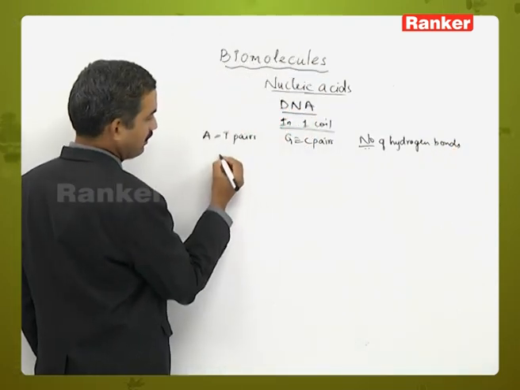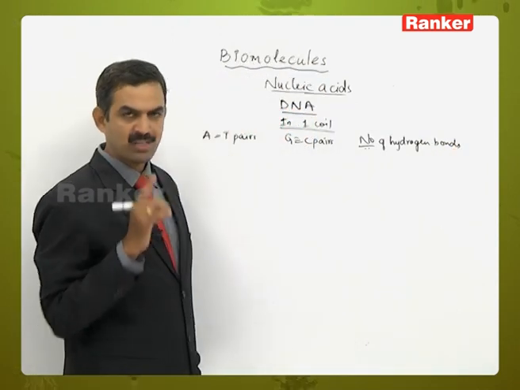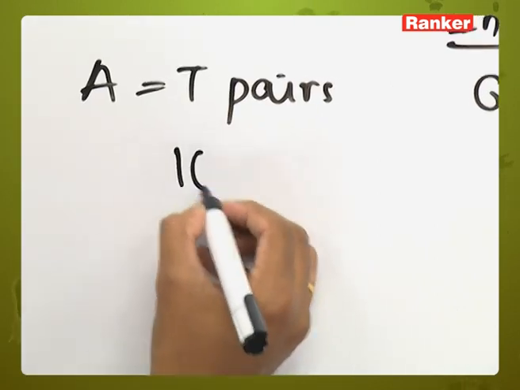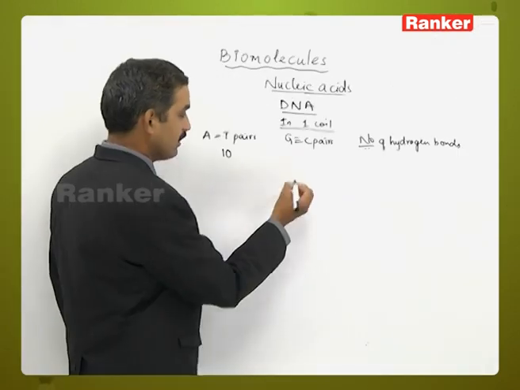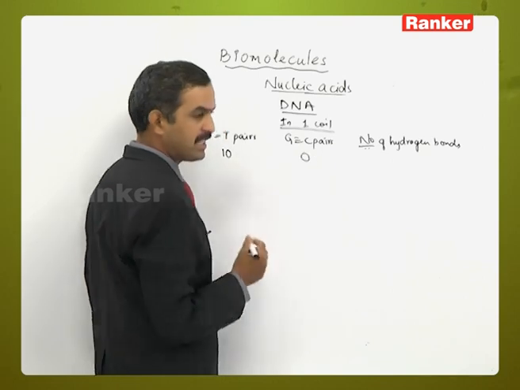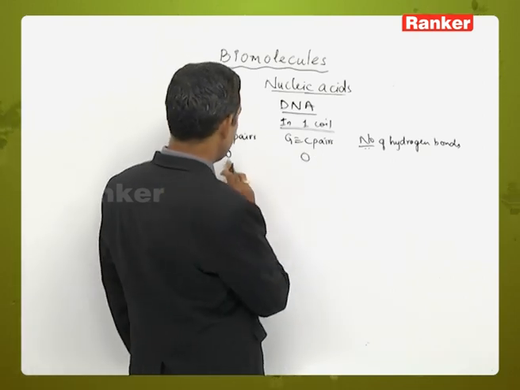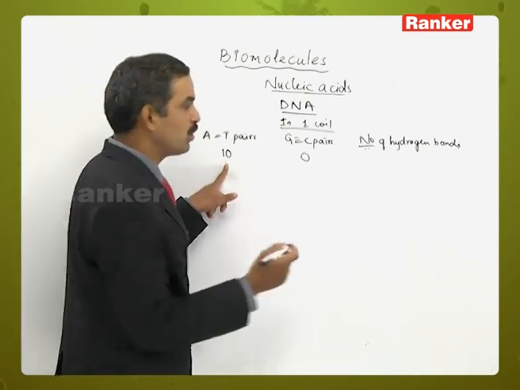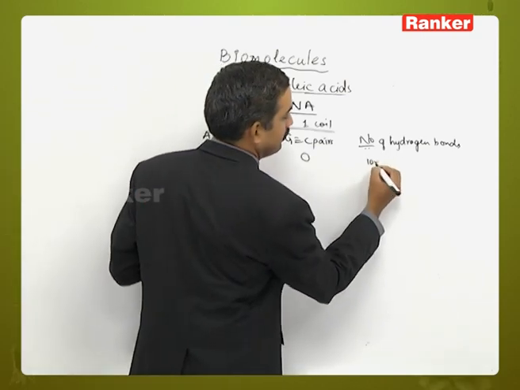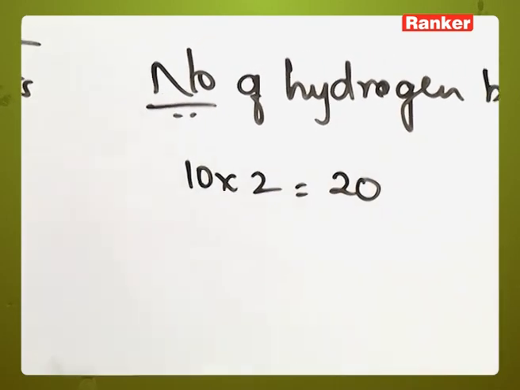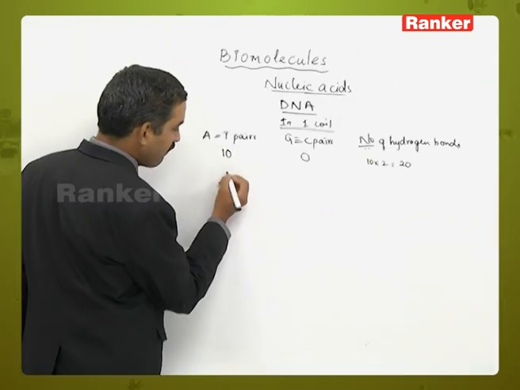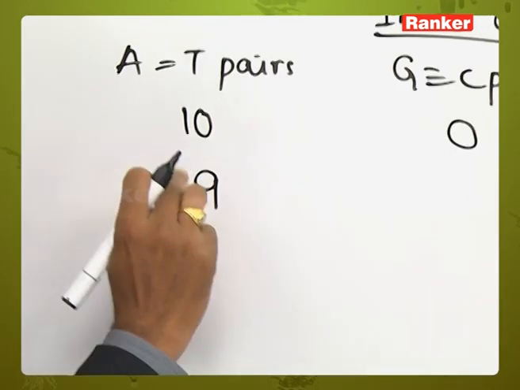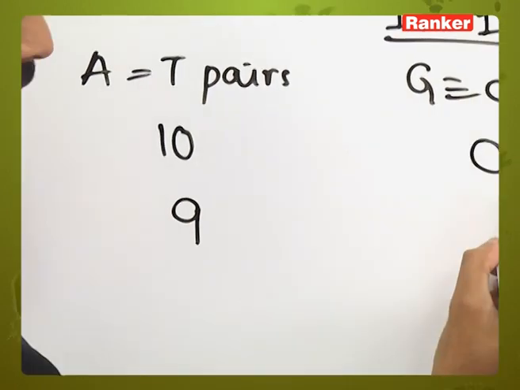Consider the maximum number of AT pairs, as we say one coil contains 10 base pairs. If all the 10 are A and T, none others will be there, so GC pairs will be 0. So 10 into 2, since each pair contains 2 hydrogen bonds, is 20 hydrogen bonds. And if one number is decreased,